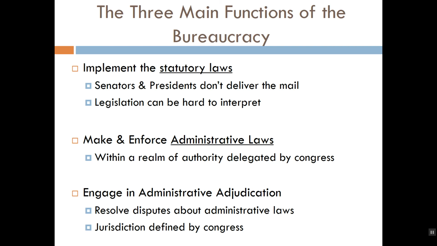The third and final of the three main functions of the modern executive bureaucracy is to engage in administrative adjudication. Now, administrative adjudication is when the executive bureaucracy engages in adjudication over administrative laws. Remember from prior discussion that to adjudicate is to resolve disputes about how to interpret and apply the law to particular cases or controversies. So, for example, if you were to find that an executive order signed by President Donald